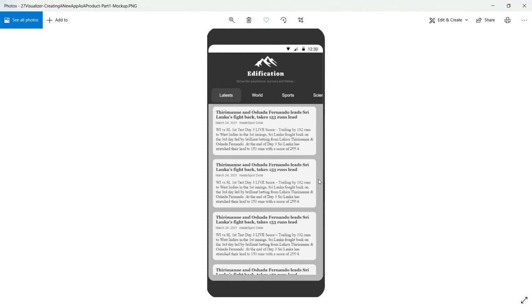And this section shows the list of news articles for the selected news type. This is the UI that we want to create as part of our FRM news form.